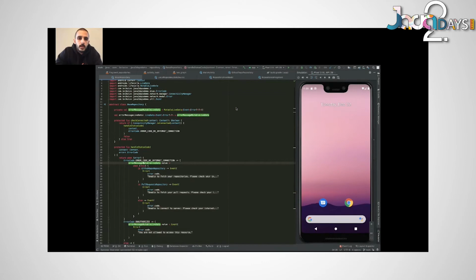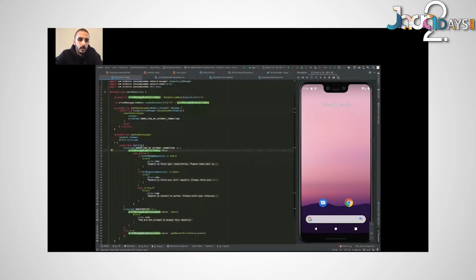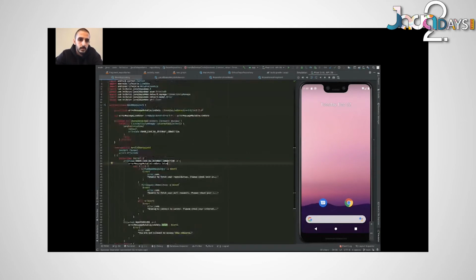So basically, for our error message mutable live data, we have an error event which is wrapped around the mutable live data. So every time this error gets updated, which we could see here, when an error is coming, we are assigning to the value of this error message a different error depending on the case of the error. So every time this error message mutable live data